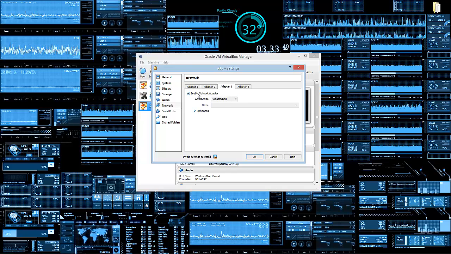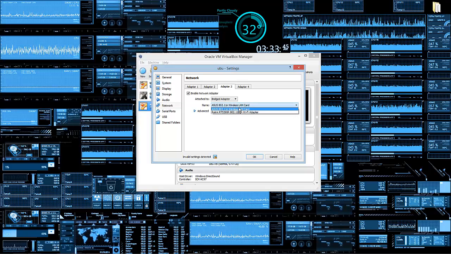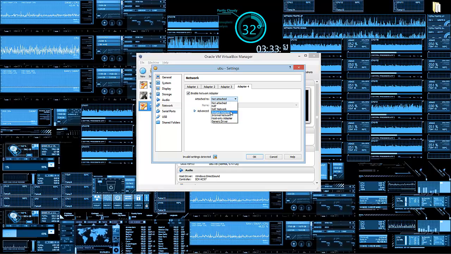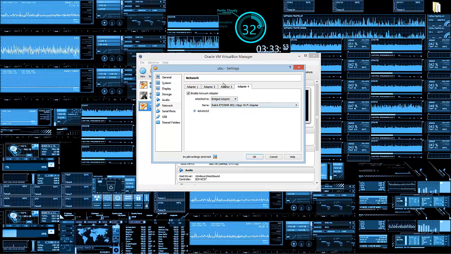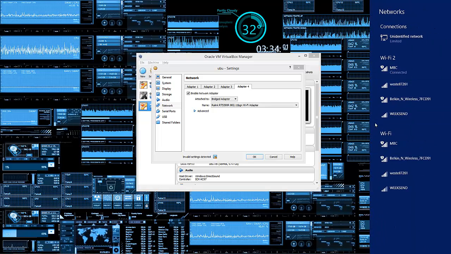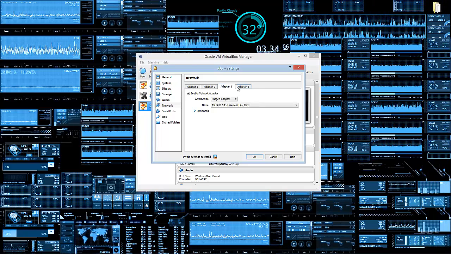The third needs to be bridged, and they need to be your Wi-Fi card. And since I have 2 Wi-Fi cards, I'm doing 1 bridge adapter per Wi-Fi card. Right now I only have 1 Wi-Fi card hooked up to a network. So as seen here,